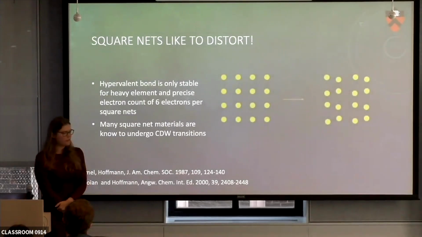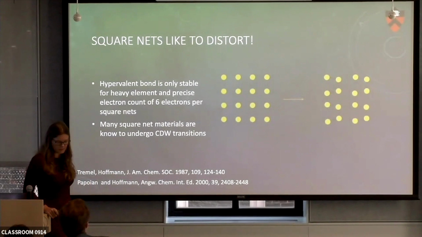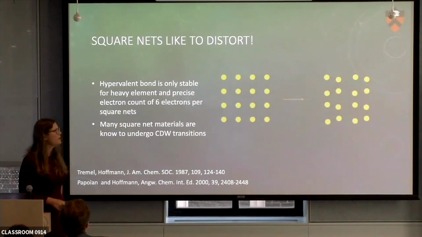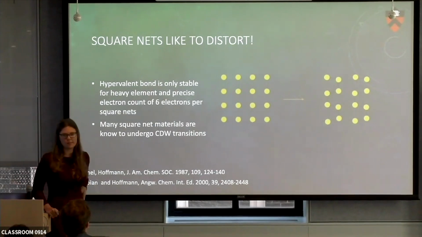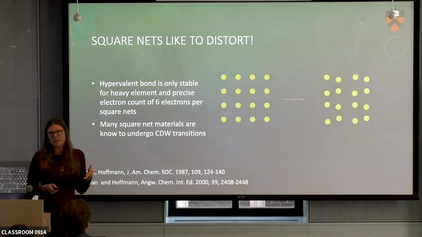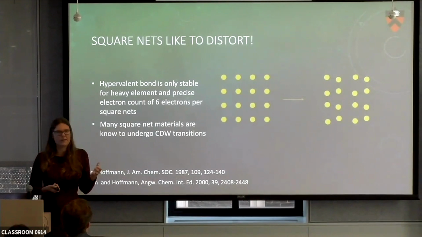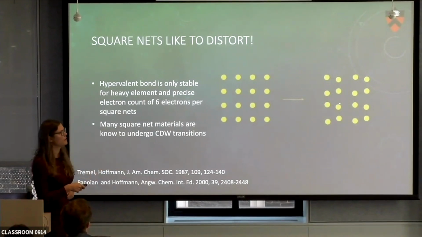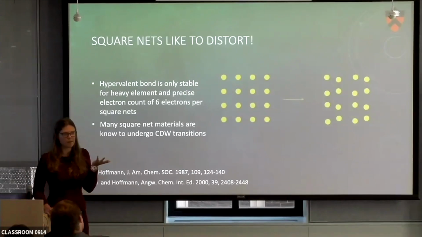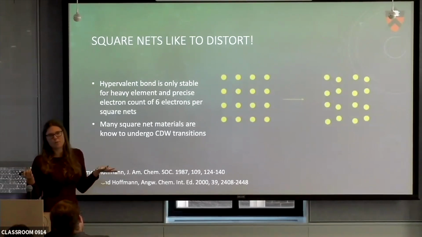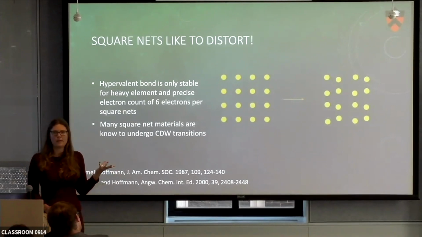Okay, so the next thing I was interested in after looking at these square nets was the fact that the square nets really often want to distort. So they're at the borderline to some instability, which makes sense because the chemical hypervalent bond isn't really ideal. Ideal would be that they form some kind of zigzag chains and form their two bonds, they actually want to be chemically happy. So they're on the verge of a Peierls distortion, which also makes sense because we said, well, graphene doesn't do a Peierls distortion, but based on the hydrogens, we should think it should.